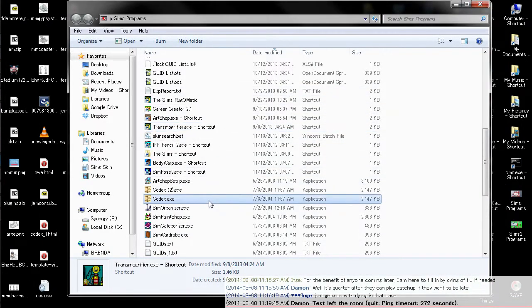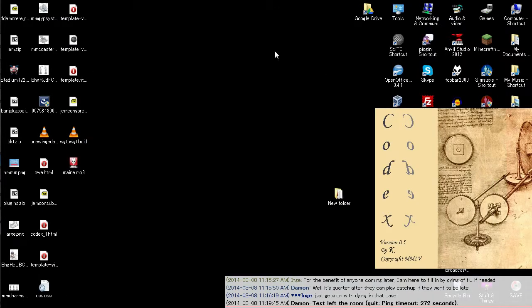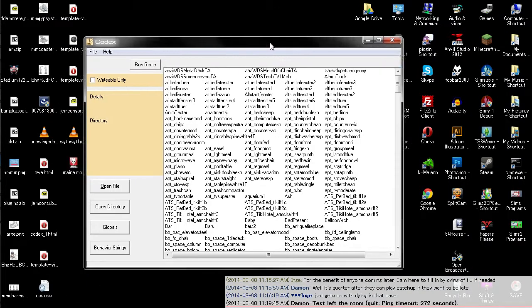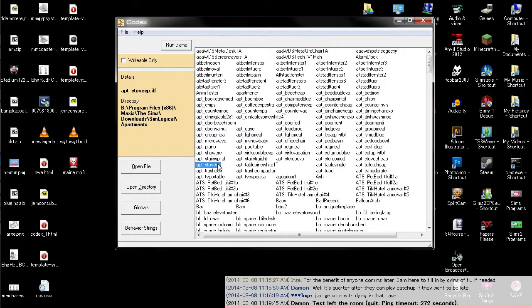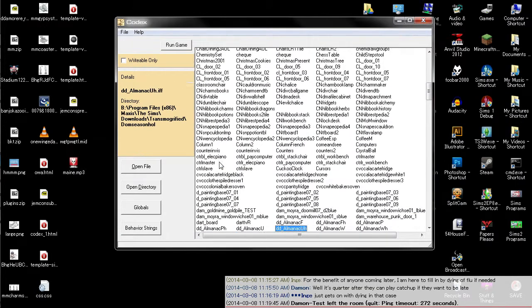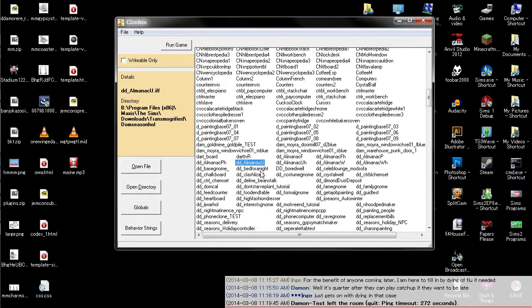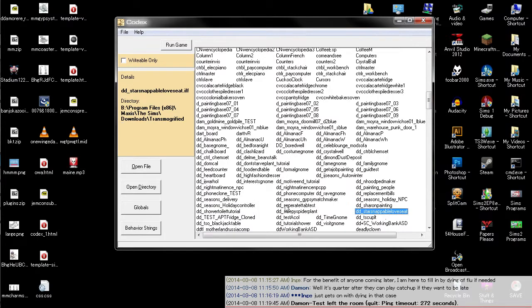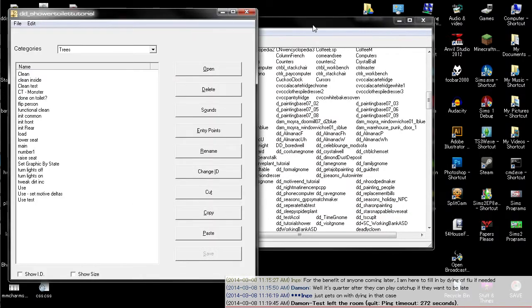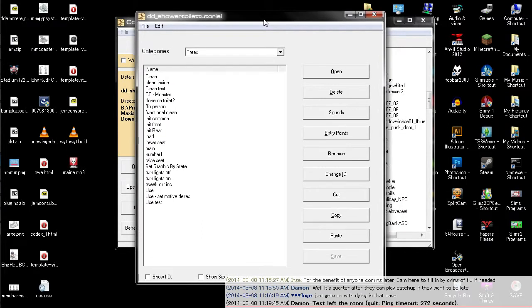Then go back here, open Codex. I don't know why the splash, well I know, because I have two monitors, but anyway. So, we're going to need to find it. Let me see. Yeah, there's a lot of stuff I'm working on that is not fit for consumption. QRS. Here we go, shower toilet tutorial. Okay. So,